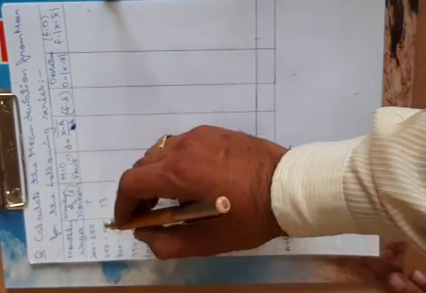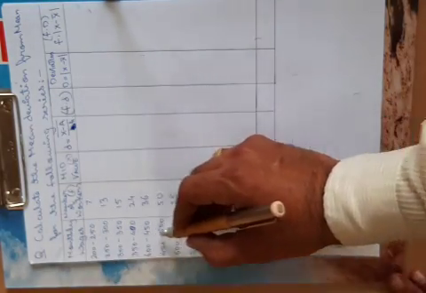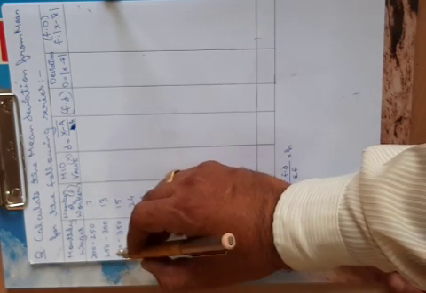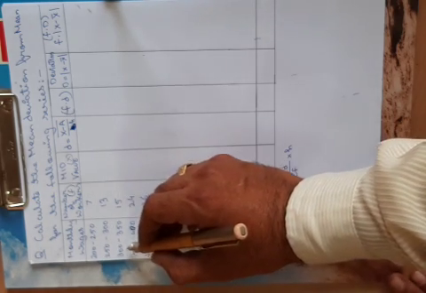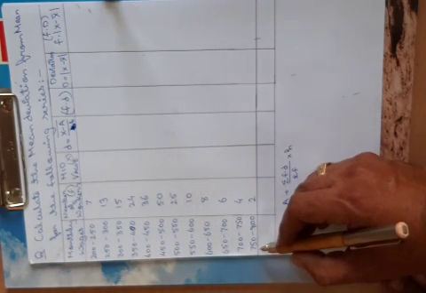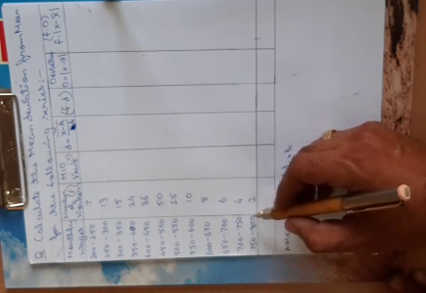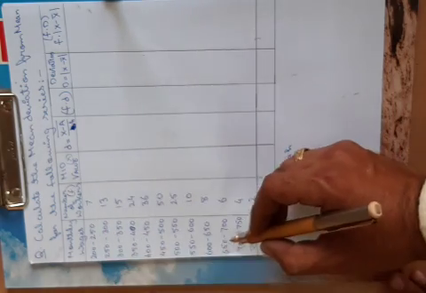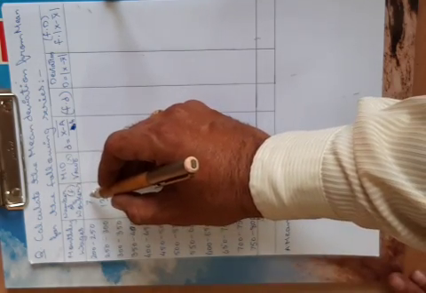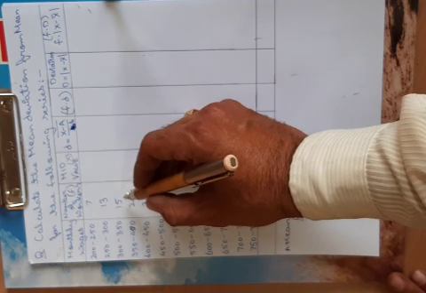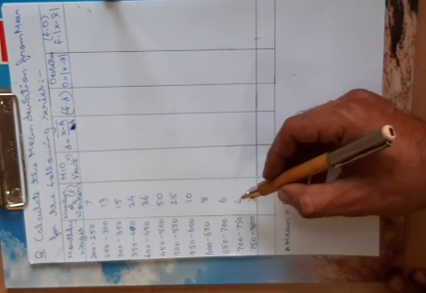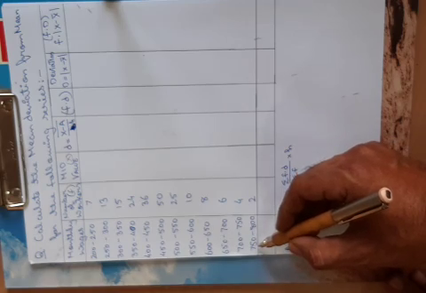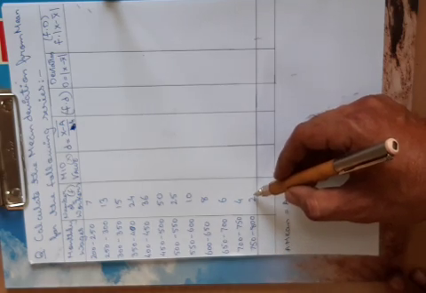Now here you can very well observe that in the first column monthly wages are given, for example from 200 to 250, from 250 to 300, from 300 to 350, likewise up to 750 to 800. Similarly, the number of workers are given whose monthly wages are mentioned. So the number of workers are 7, 13, 15, 24, likewise till 4, and finally the number of workers drawing wages from 750 to 800 is 12.